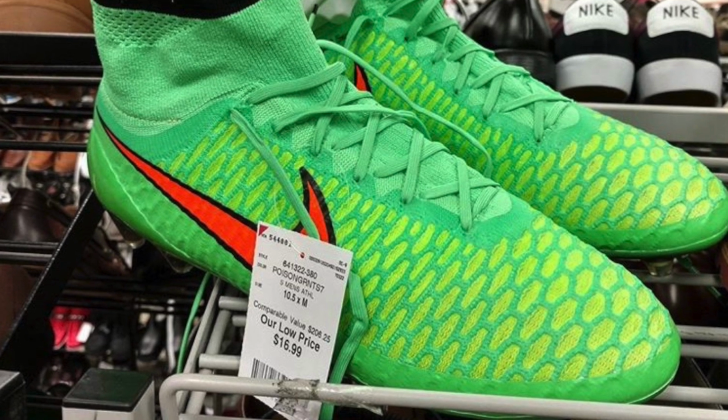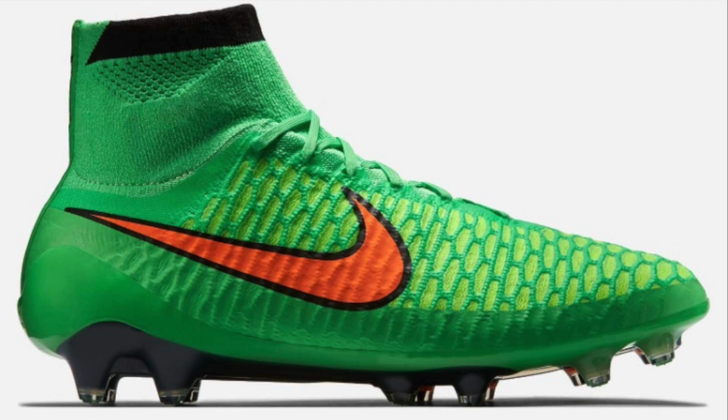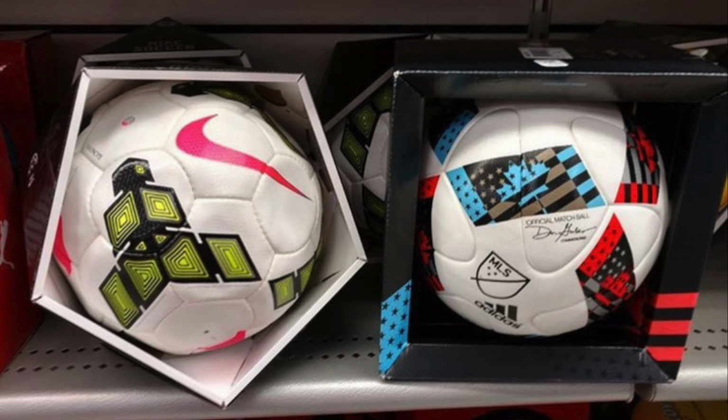At number 7 is IK Ben Group. His first find is a pair of Magista Ober 1s for 17 bucks at Burlington Coat Factory. A crazy find for a shoe that retailed at 275 bucks. Next up is 2 match balls, one from Nike and one from Adidas. I normally don't include stuff like this, but I think it's really impressive that he found these 2 match balls